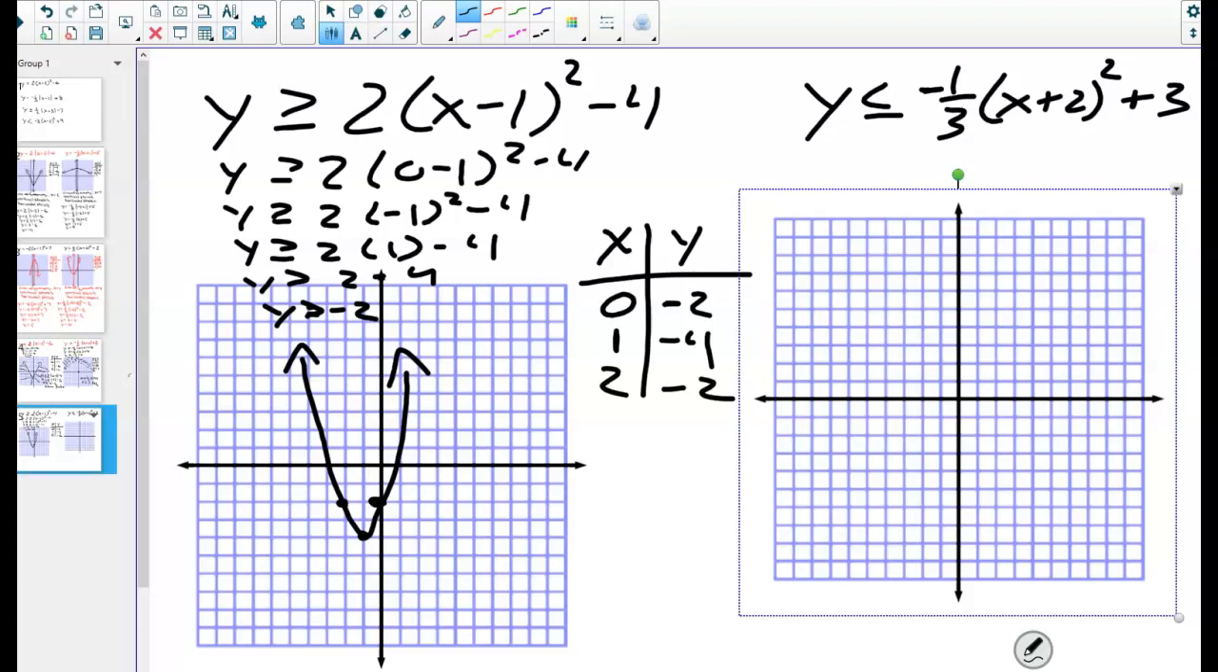Now when you plug 0 in for x, I already did it. Is 0 greater than -2? Is that a true statement? Yeah. So we're shading inside. Okay? The second one,